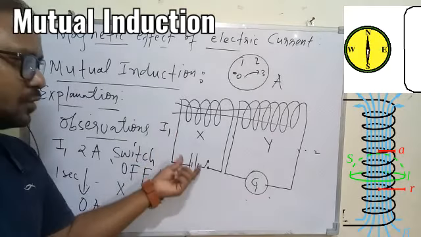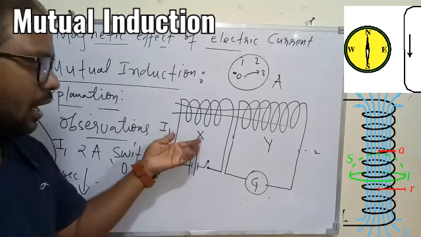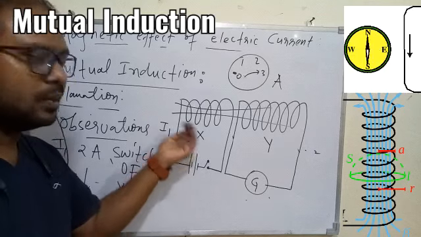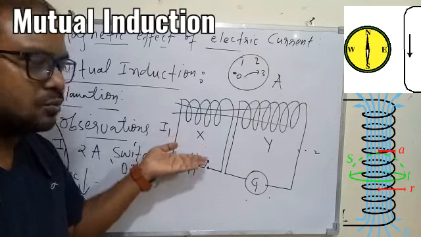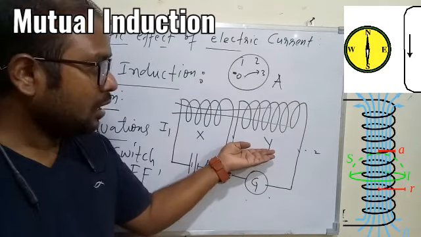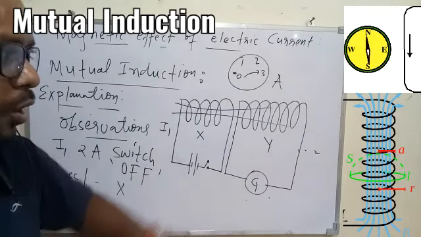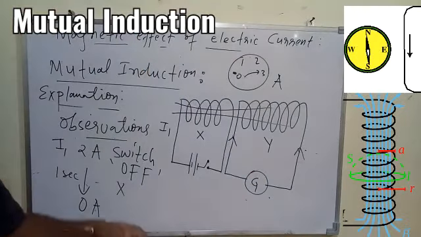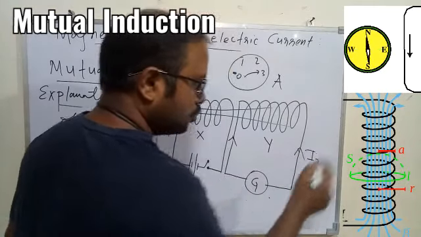So we can say when we switch off the circuit X, the current will start decreasing in X for a very short time, and for that particular time the magnetic field of X will decrease, because if the current increases, the magnetic field increases, or we can say the magnetic flux will also decrease. And once the magnetic flux in X decreases, the magnetic flux in Y will also start decreasing, and according to EMI, current will be induced in the coil Y, but in this case the current will be induced in the opposite direction as compared to the previous case. So let this current be I2.